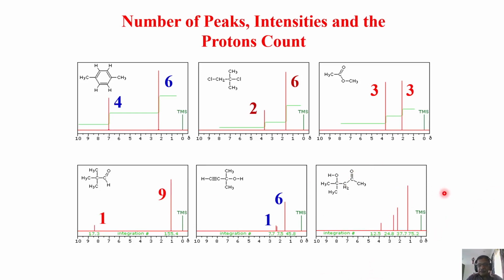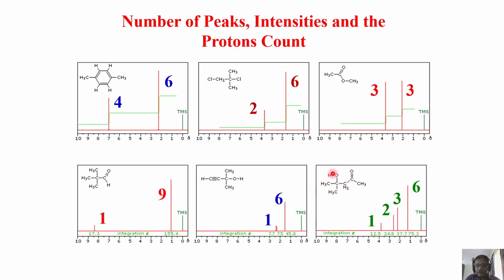Now how many types of protons are present here? 1, 2, 3, 4 and 5. You should get different types of protons. Maybe one of them is not seen here, OH, because it is broadened out. Don't worry. So you should get peaks with intensity ratio 1, 2, 3 and 6. Okay. In this molecule, it so happens this CH3, maybe the structure that is written is like that. These two CH3s are equivalent. Sorry, I did not know the structure.